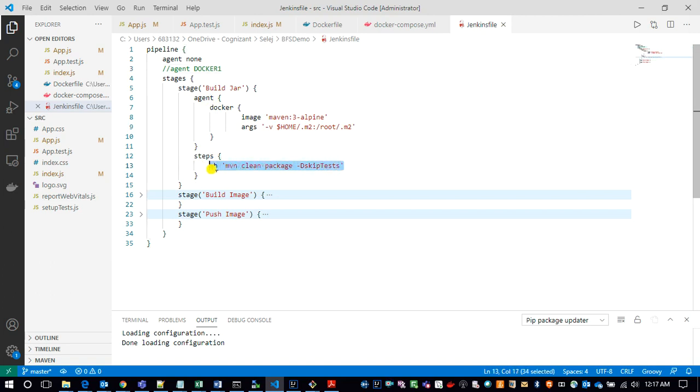This is not new to us, right? This is the shell script that we used to execute on the terminal. Same thing, but instead of the terminal, Jenkins is now going to do this for us. That's all that is happening as part of build jar. At the end of this, it will create the jar file. Okay, now let me see